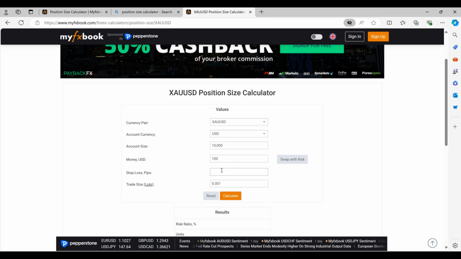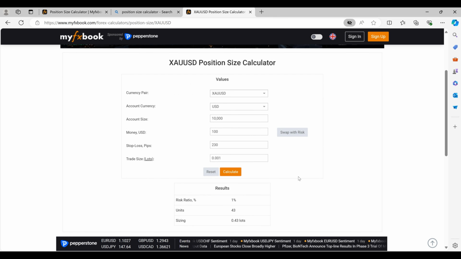Then you are going to carefully type in the number of points on your stop loss, which is 230. And then you click calculate. So in this particular case, you're going to have to place a trade that's 0.43 lots in size in order to risk 1% of your account,